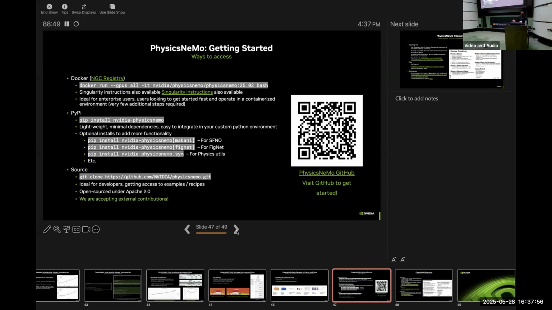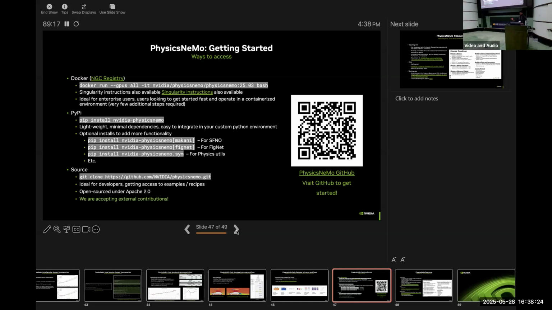We are very well into the Python ecosystem, so you could also install PhysicsNeMo through PyPI. It's very composable. You have a lightweight version of PhysicsNeMo, and then you can compose based on what features you need. For example, if you just need SFNO, you can do a PhysicsNeMo Makani install, Fignet, and so on and so forth.